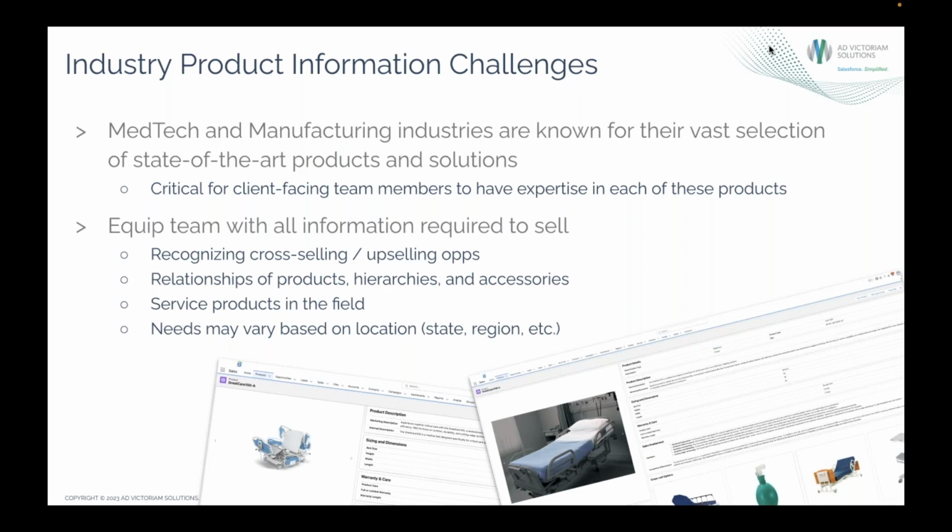So that's where a PIM comes in, right? The PIM equips each team member with all the information they need to sell. It gives them an idea of cross-selling and upselling opportunities. We talked about those things earlier. Relationships of products, hierarchies, accessories. It can also give them the ability to service products while they're out and about in the field. And it can support different needs based on location. Sometimes you'll be in one region and a product catalog there will be totally different than another. So above all, a PIM is really going to make your team most productive, most efficient when it comes to